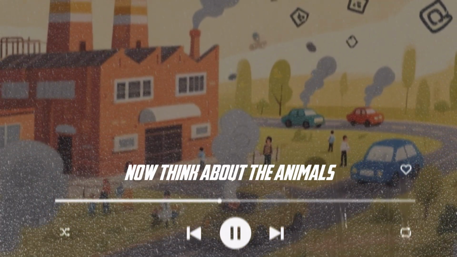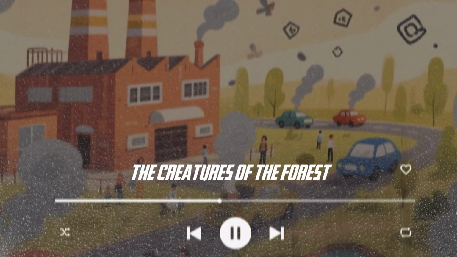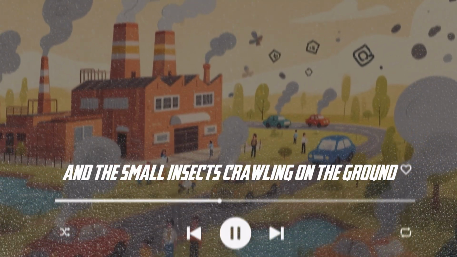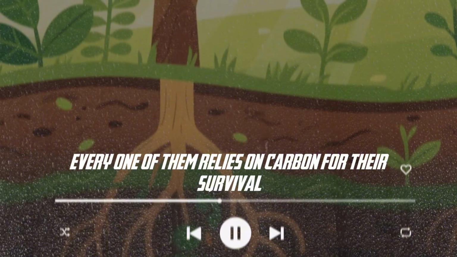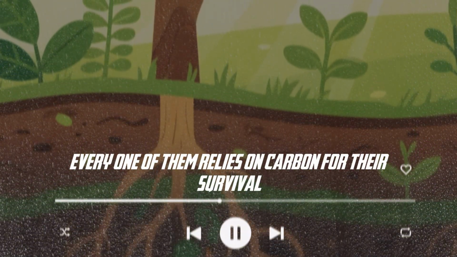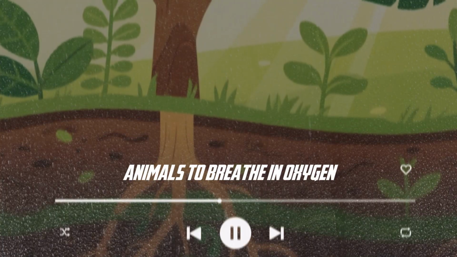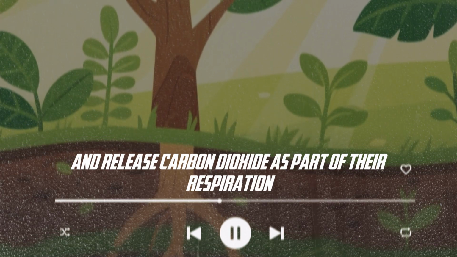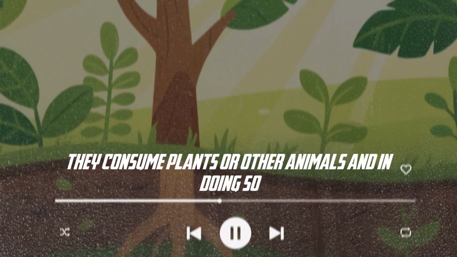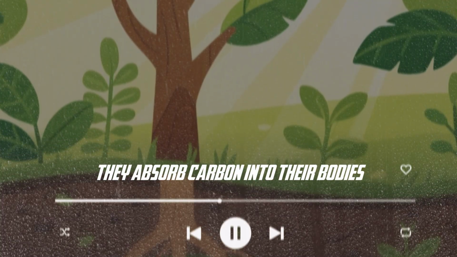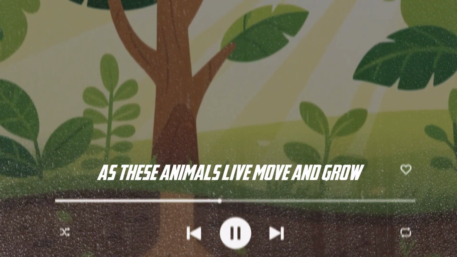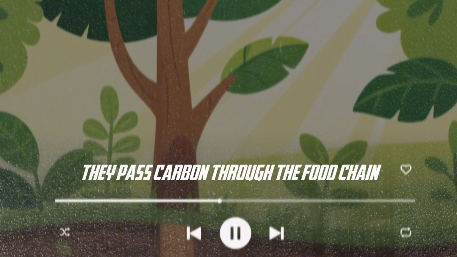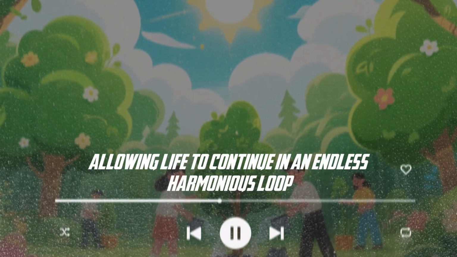Now think about the animals, the creatures of the forest, the birds flying high above, and the small insects crawling on the ground. Every one of them relies on carbon for their survival. Animals breathe in oxygen and release carbon dioxide as part of their respiration. They consume plants or other animals, and in doing so, they absorb carbon into their bodies. As these animals live, move, and grow, they pass carbon through the food chain, allowing life to continue in an